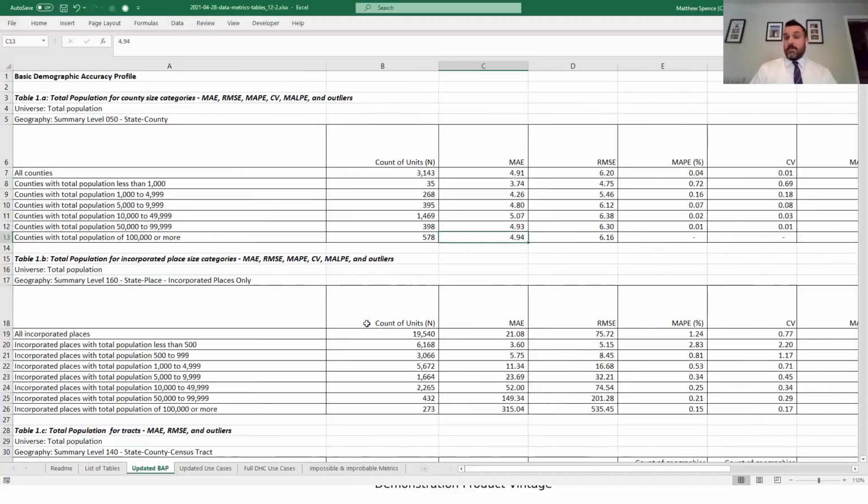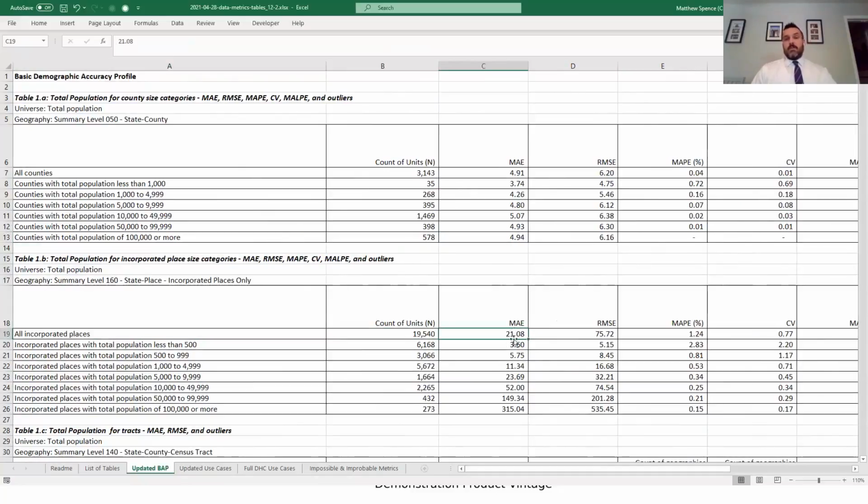Now let's look at incorporated places. Incorporated places are what many of us think of when we think of our hometown. These are cities and towns, political and legal entities across the U.S. In total, there were 19,540 in 2010. And we can do the same exact sort of calculation to find statistics about accuracy for incorporated